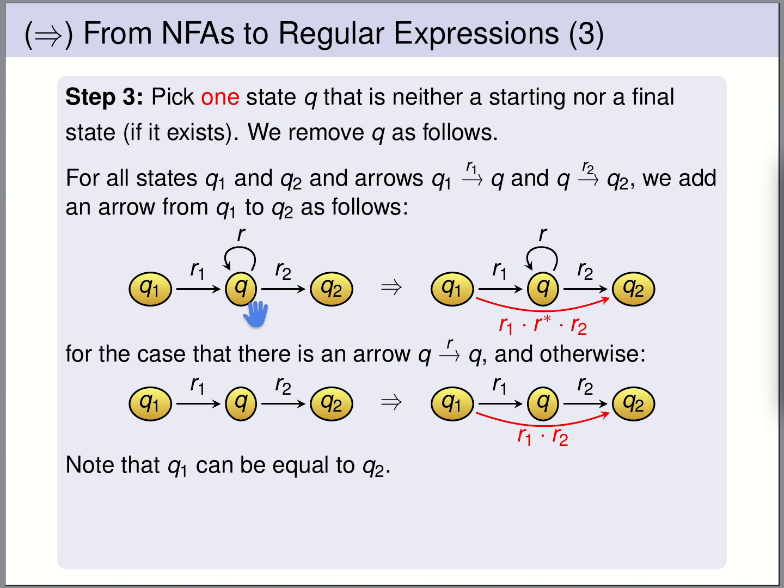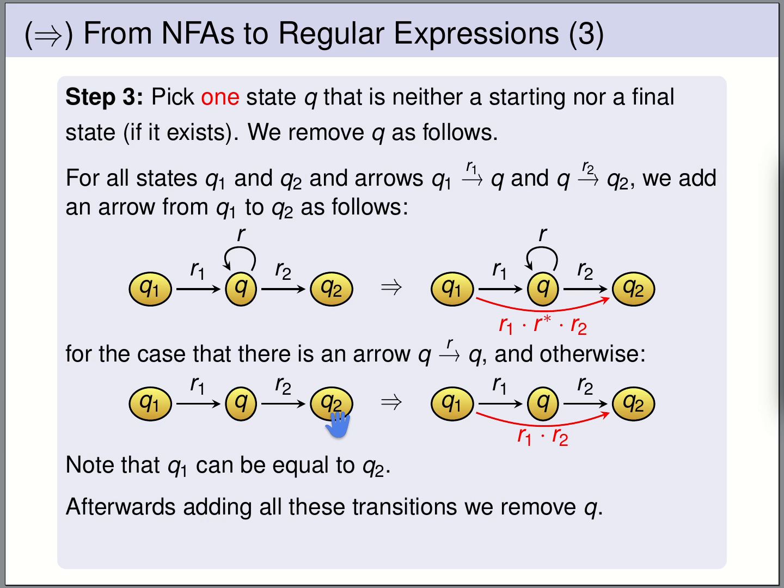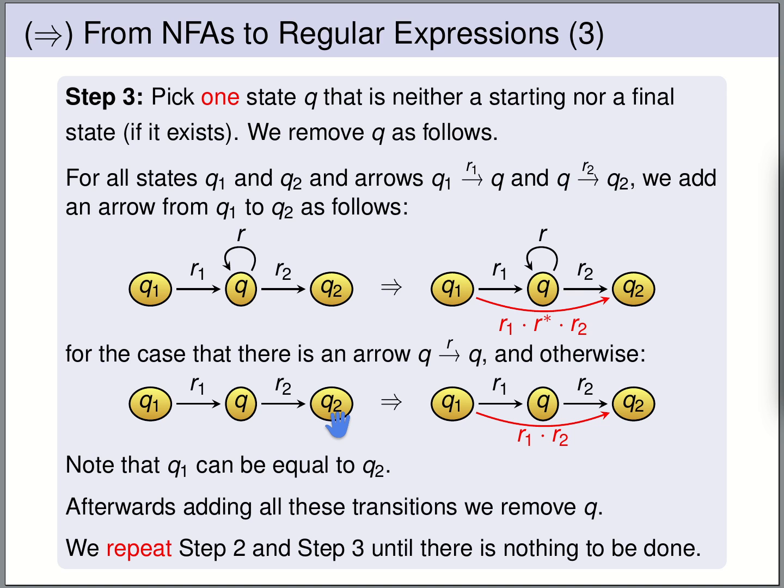And again, note that the state Q1 can be equal to Q2. So we can have an incoming arrow to Q and an outgoing arrow from Q from and to the same state. So Q1 equal to Q2. So after adding all these transitions, we can safely remove Q, and then we repeat step 2 and step 3